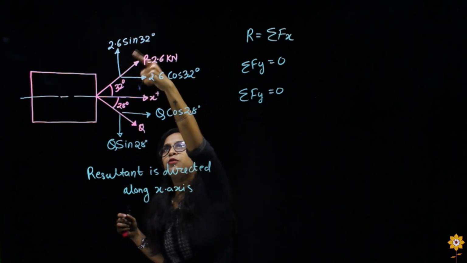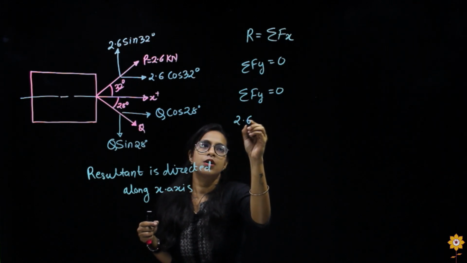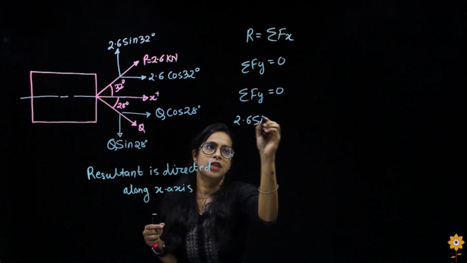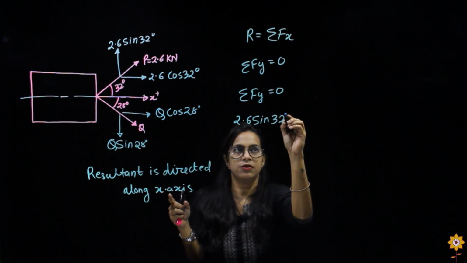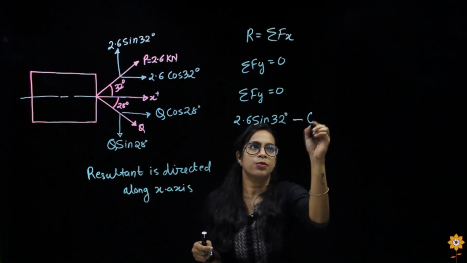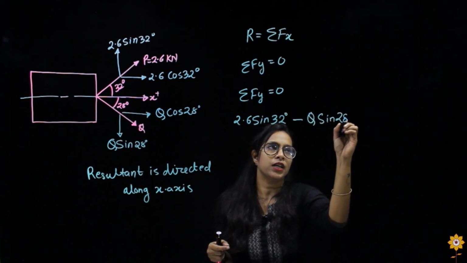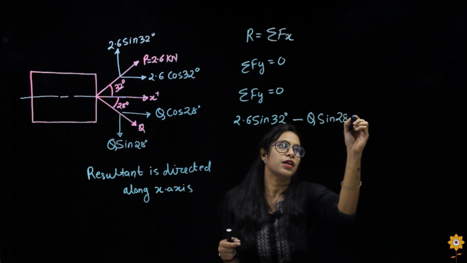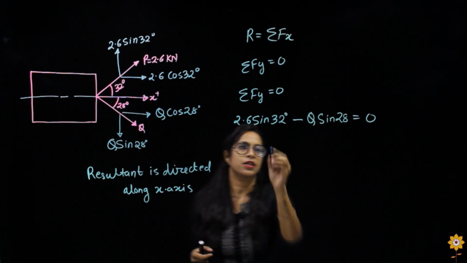The y force here is going upward, so it would be positive: 2.6 sin 32 positive, minus, as this force is going down, Q sin 28 degrees, equals 0. If we solve this, it would be